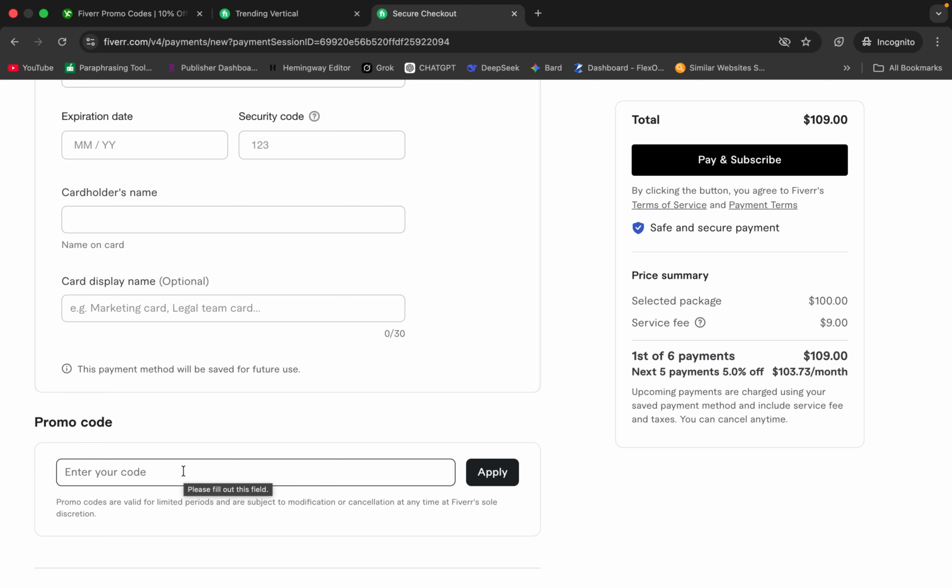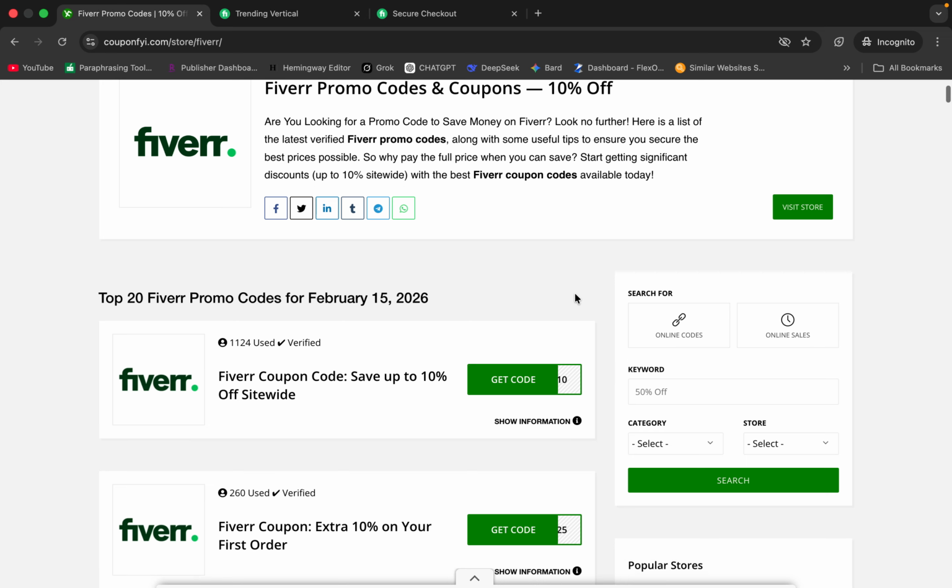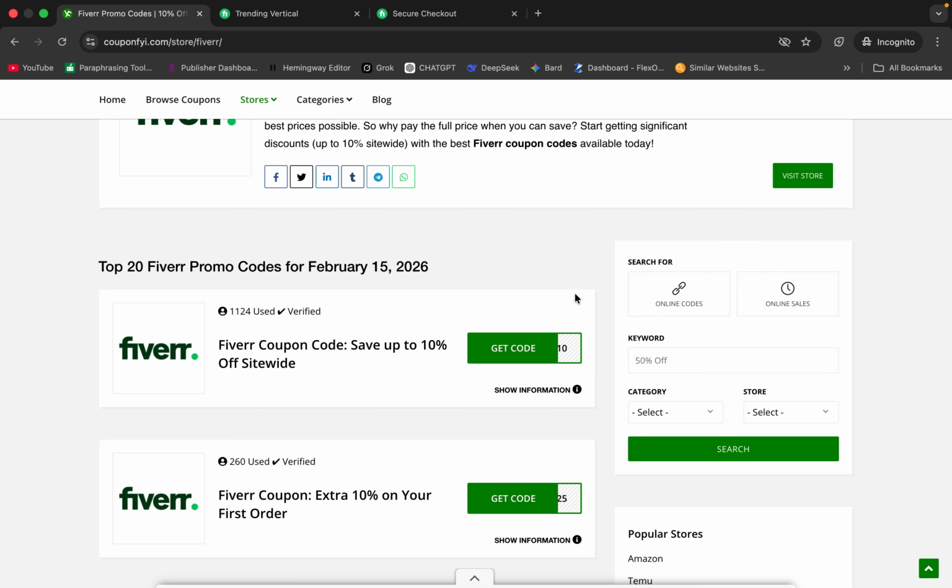Now the next step is to apply a valid promo code so you can reduce the total price of this gig. And to do that, all you have to do is to head over to this Fiverr promo codes page, scroll down, pick any coupon code you want to use here, because this is a site-wide coupon code. Click it